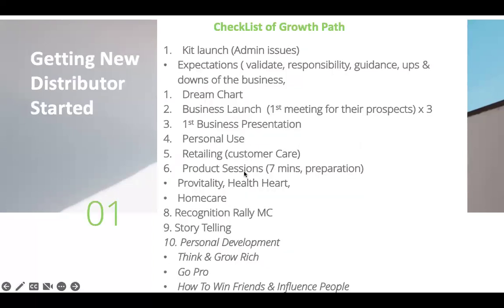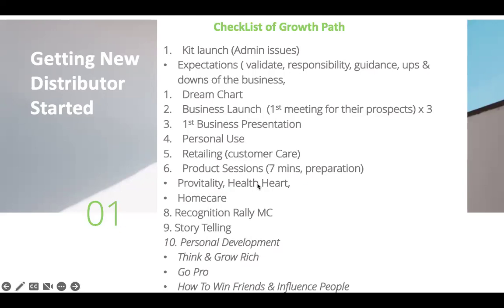And then a simple checklist to help your distributors on the path for growth. First, you do the basic kit launch, that is, teach them administrative issues, the expectations, guidance, responsibility, build a dream chart, business launch, speak to their first prospects, first business presentation, personal use of the products, retailing products to your customers, product sessions, teach them to do product sessions, and then they need to know Pro-Vitality, Health, the Healthy Heart